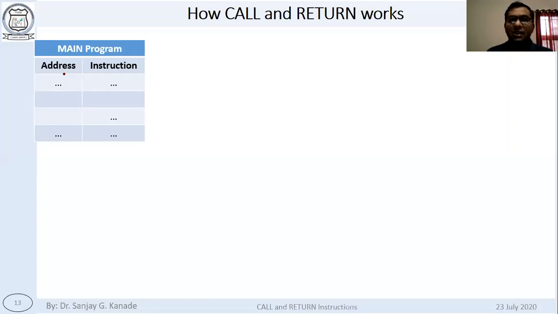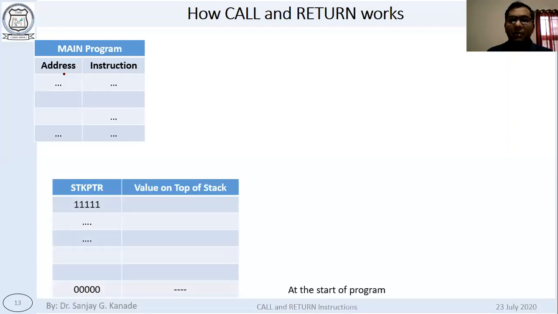So when we start the microcontroller, at the start of the program, you can note down, this will be the status of our stack.